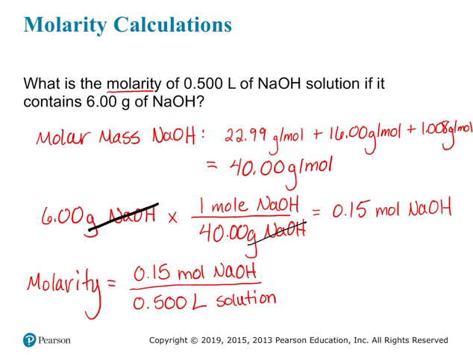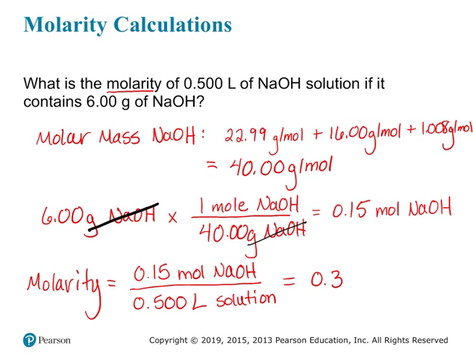Now, in molarity calculations, this is not a percent, so we're not going to multiply by 100. We're just taking a simple division here and calling it a day. So, what is 0.15 divided by 0.5? Let's see, my calculator tells me that that is